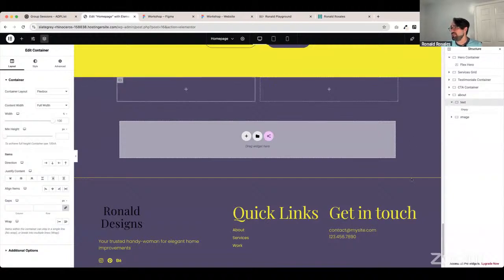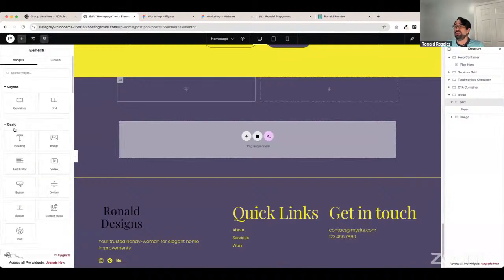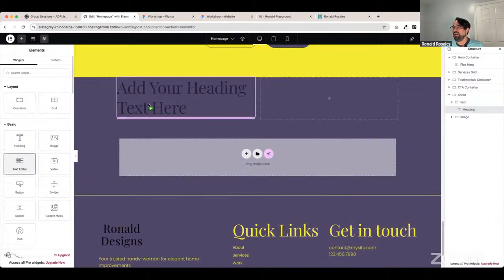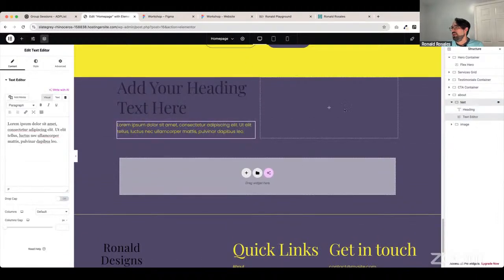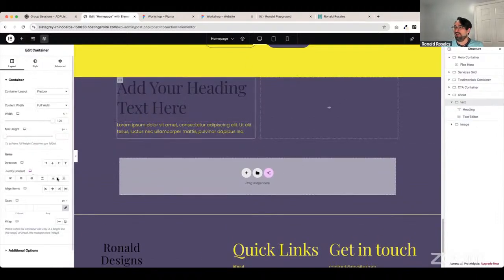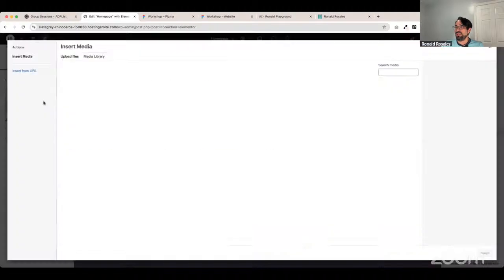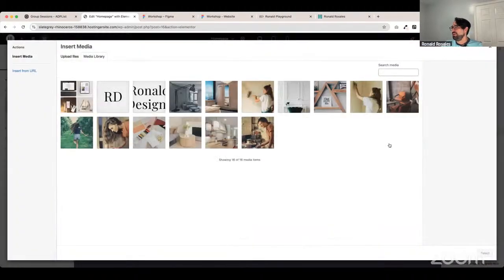Inside of the text container, you want to have the headline and you want to have the paragraph. By default, the direction of the content is set to vertical. So that is cool. And then for this one, you want to put an image. Okay, let me grab the image that we're using in the